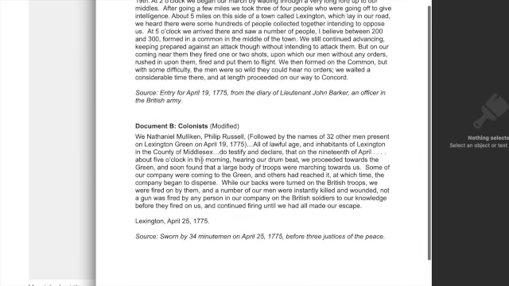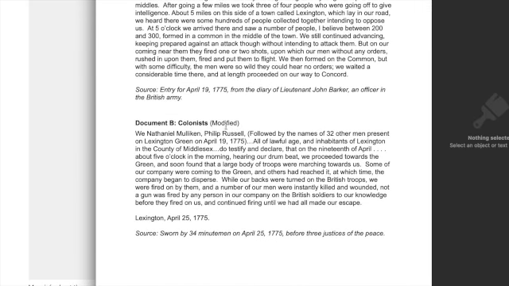While document B would be the side of the colonists, again modified from the original to be a little easier for children to consume. This is we, Nathaniel Mulligan, Philip Russell, followed by the names of 32 other men present on Lexington Green on April 19th, 1775, all of lawful age and inhabitants of Lexington and the county of Middlesex,